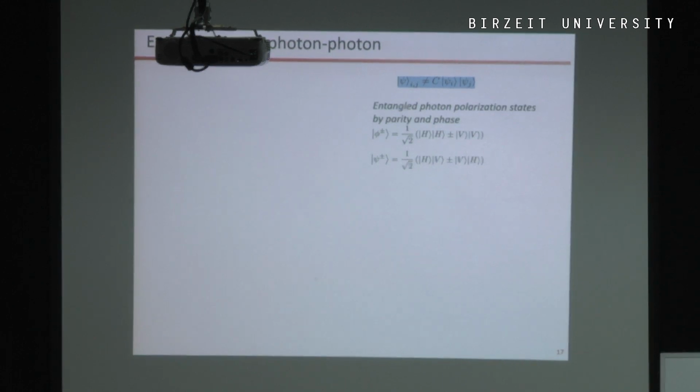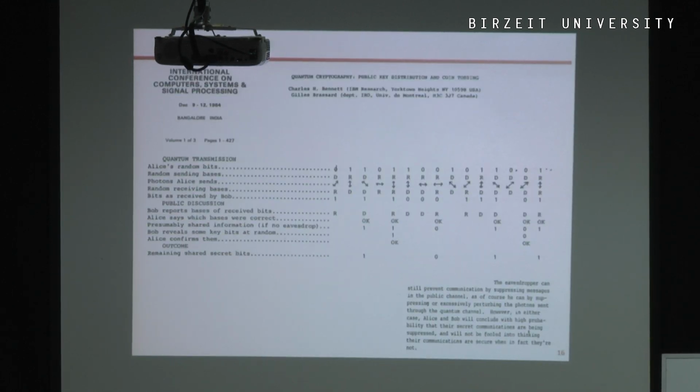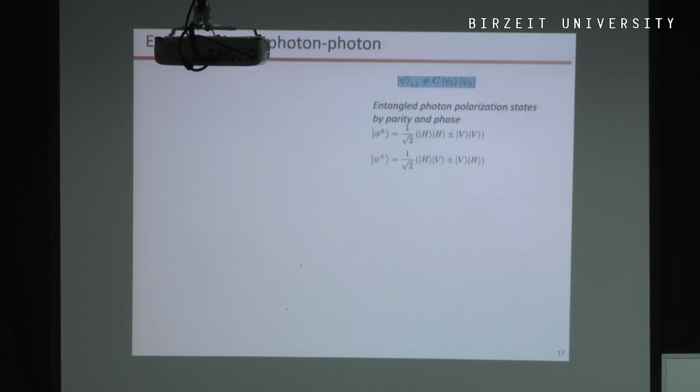And so this was the beginning of the big field, and people got wild and said, well, there must be a better method of coding information, there must be better methods of securing information. And indeed, people decided that entanglement is a fantastic resource that one can use for sharing information between two